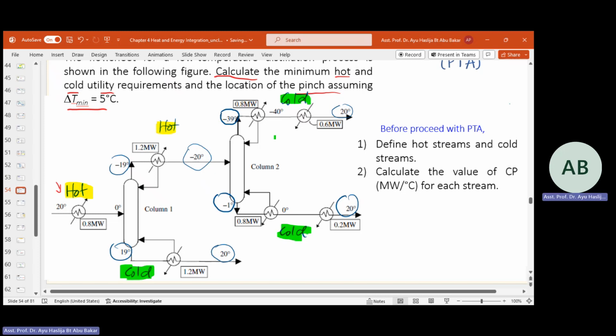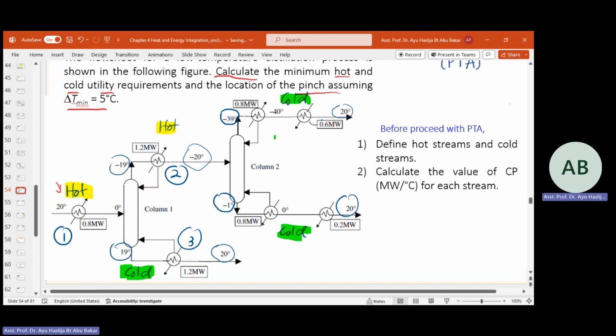Yeah, this is random numbering, not following the exercise yet, okay? Just to count the streams. 1, 2, 3. Okay, here you see there are 2